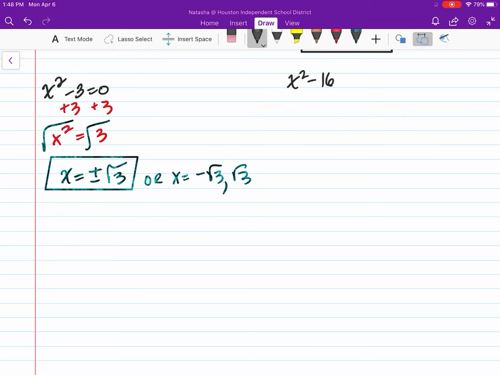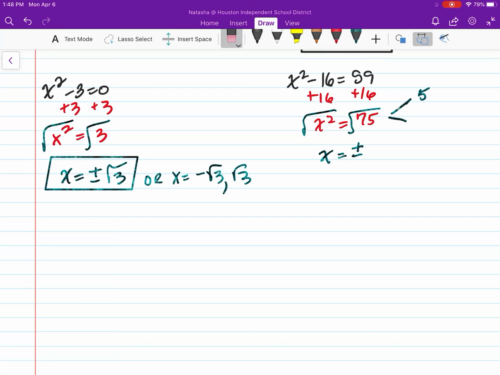Okay, so I said I'm going to do number 20, so that's x squared minus 16 is equal to 59. So I'm going to add 16 to both sides. That's going to give me x squared is equal to 75. I'm going to take the square root of x squared, the square root of 75. That's going to give me x is equal to